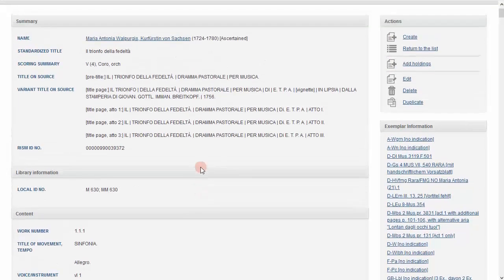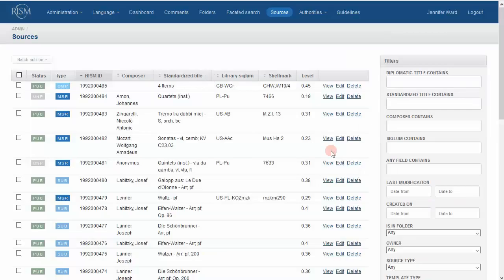Unlike manuscripts, you frequently do not need to create a new record for a printed edition. Instead, find the record that already exists and add your holdings. I will go over search strategies in a different video, so these are just the basics. You can search by A1 or B1 number in MuseCat. You might need to combine it with other fields or put the series number in quotation marks.